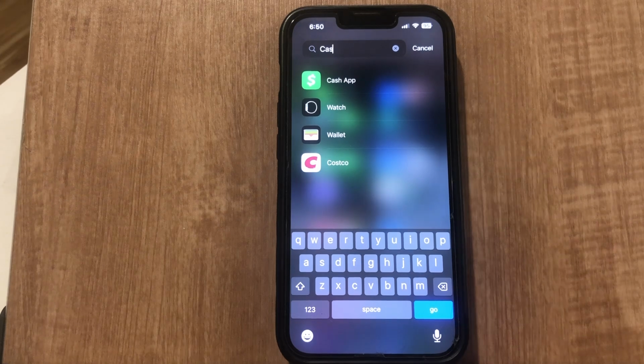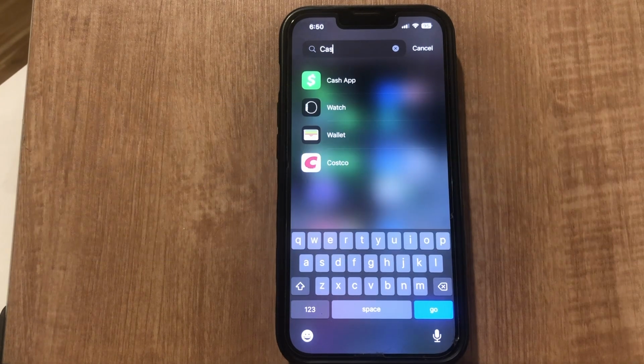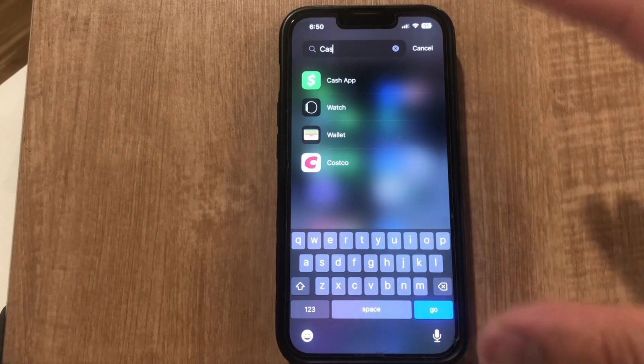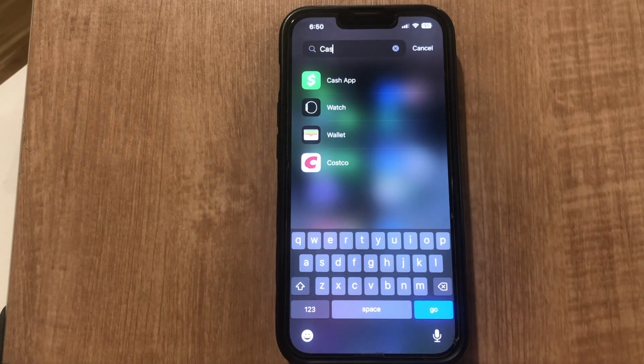Hey everyone, so in this video, I'm going to show you how to sign out on all devices on Cash App. This is going to be particularly useful for individuals who have logged onto Cash App on maybe stolen devices. Let's say your phone got stolen and you want to sign out of your Cash App account, or let's say that you lost your phone and you also want to sign out of your Cash App. This video is going to be useful for you. So make sure to stick around until the end just because this is going to be a short, sweet, and